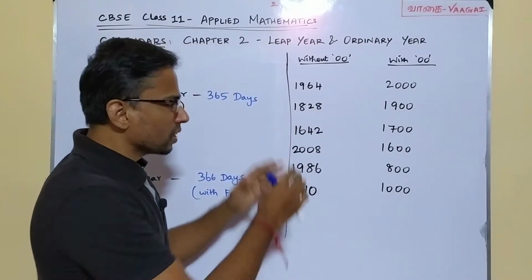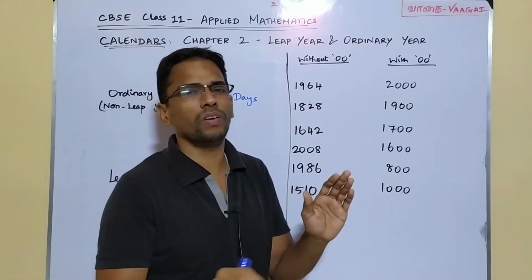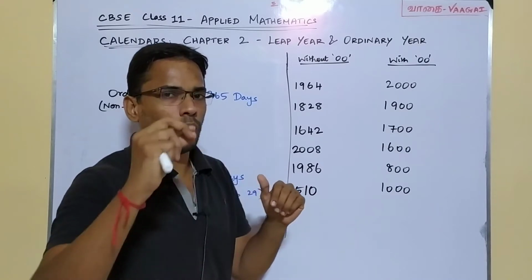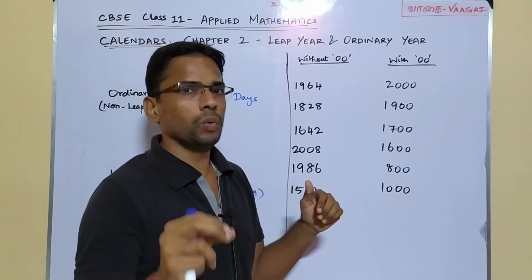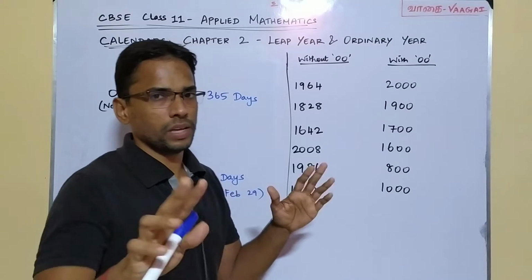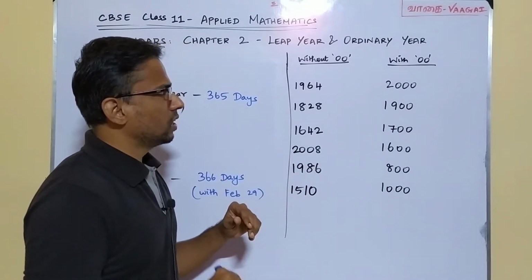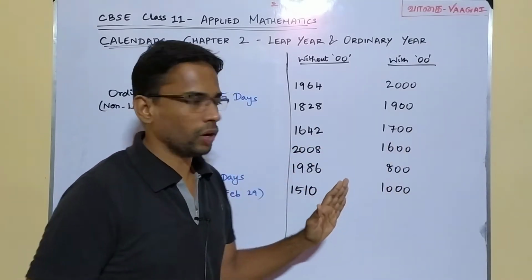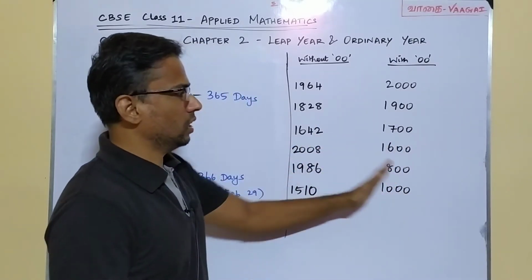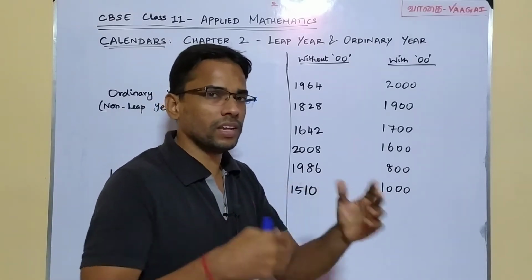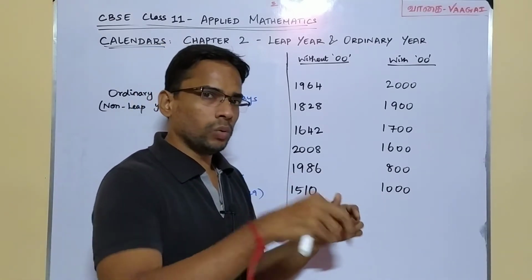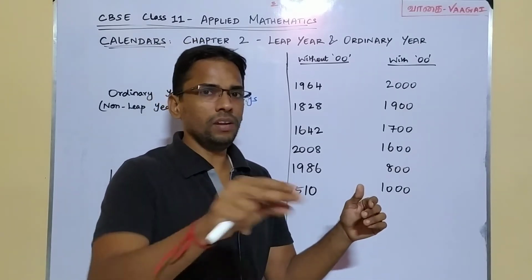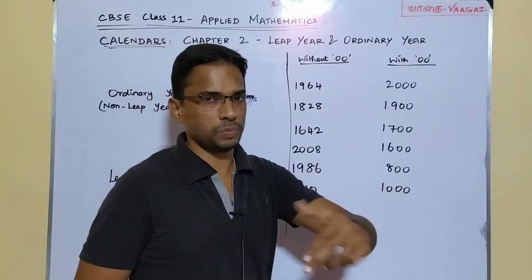Yes, come, let's proceed. Let's try to learn the procedure of how to identify whether a given year is a leap year or not. Watch carefully how it is done. We have a few math calculations involved here. And again, there are going to be two categories here. Let me reveal later why you have two categories of years listed here. First, come to know the calculation trick or the procedure to identify the leap year and ordinary year. Then we will go into the categories. I will explain it. Okay, fine.